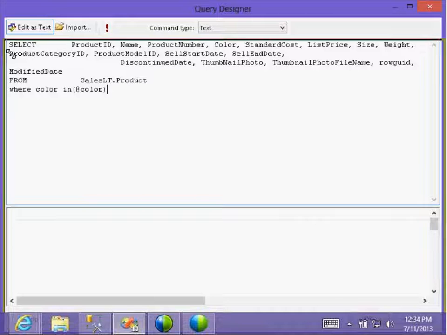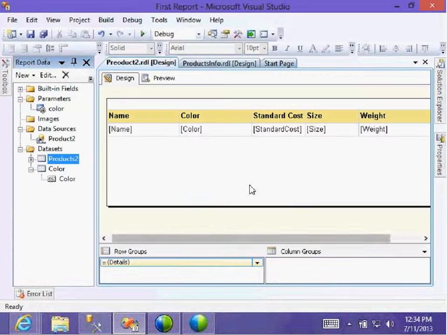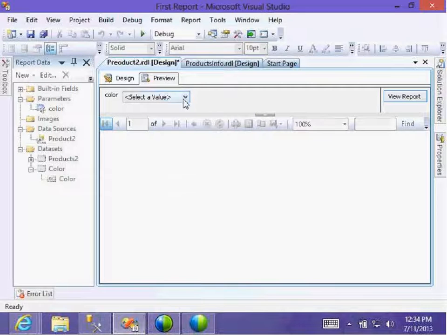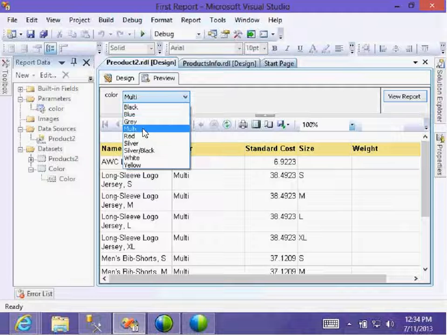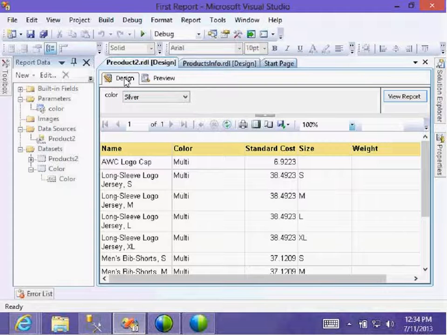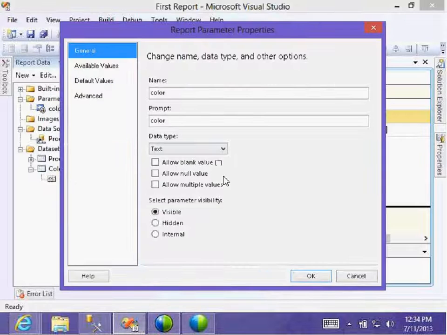Now means what? Multiple parameters I can do, but text boxes I can put. But here, how can I select? Then go to the properties. Allow multiple values. Choose allow multiple values.